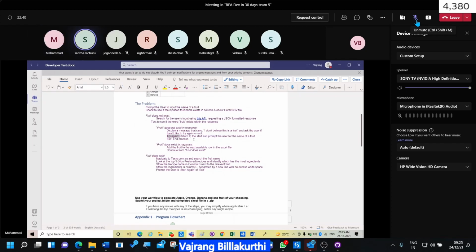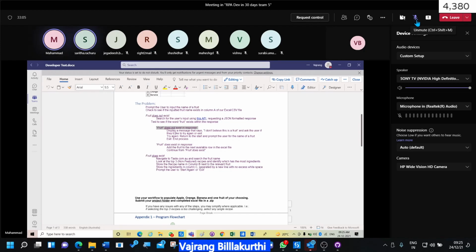In the API response, we need to search for the word fruit, right? Yes, Sarita. Once we convert the text file to a JSON object, we will check in the JSON object whether the word fruit exists or not.